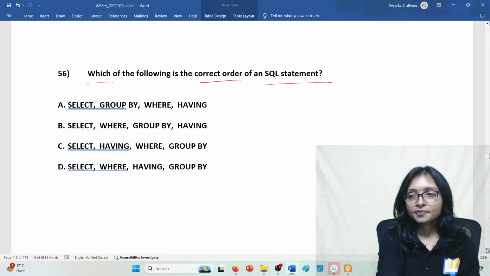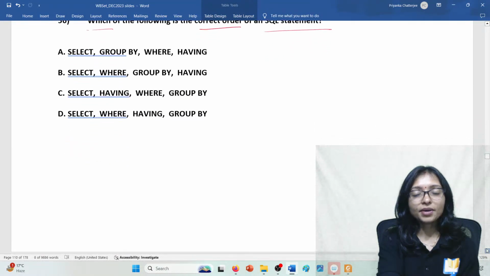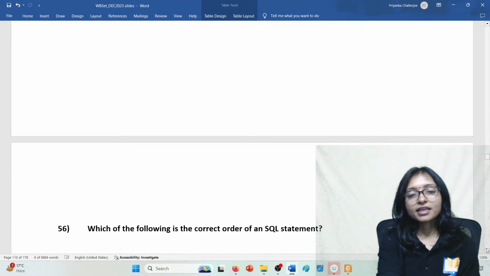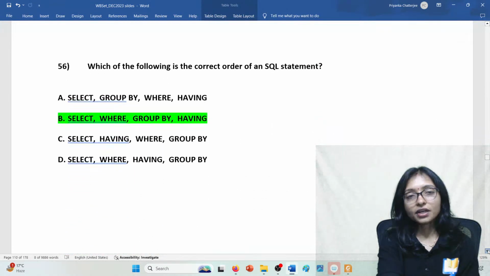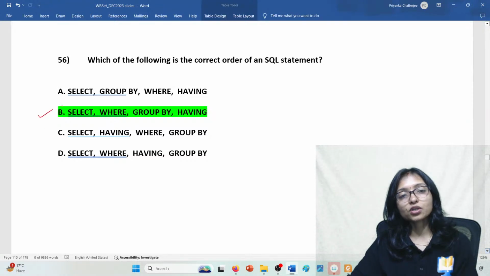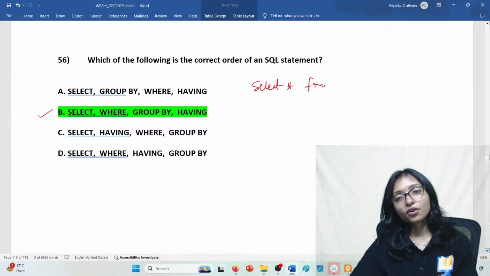Yes, here the answers are coming. B, C, which one is correct? B or C, which one is correct? Definitely option B is the correct answer, because when you are writing, that is, select star from employee, where some